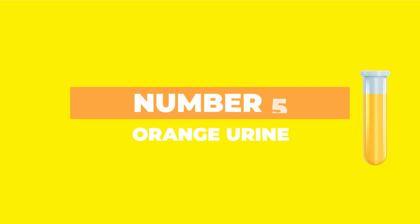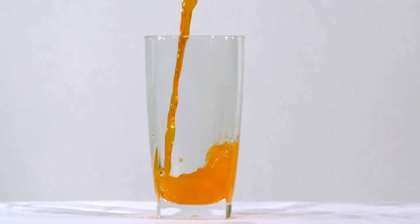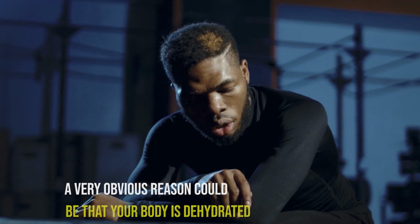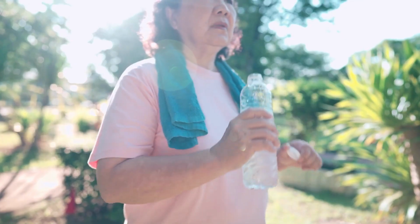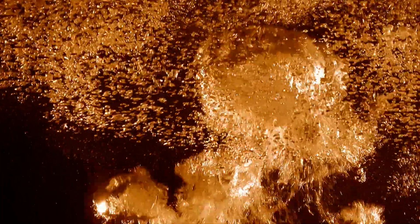Number 5. Orange urine. Have you ever heard of orange colored urine? If you haven't, believe us when we tell you that it is not a good sign of health. A very obvious reason could be that your body is dehydrated, and it's time for you to increase your water intake to stay healthy. Another reason could be the different additions to your diet that could be altering the color